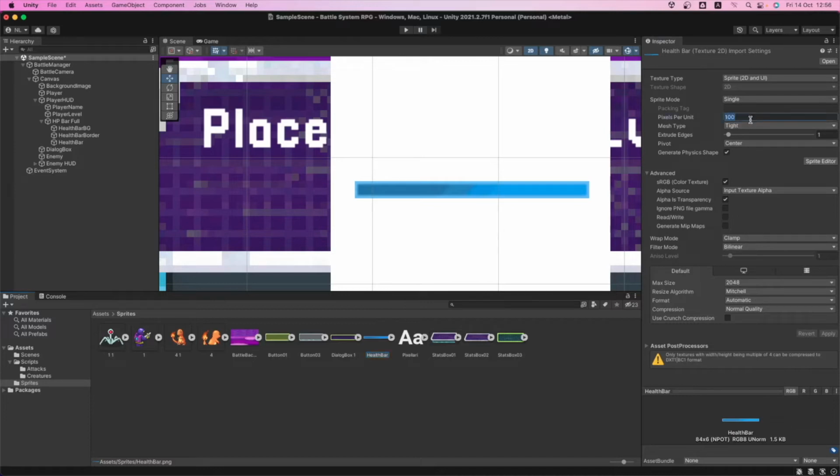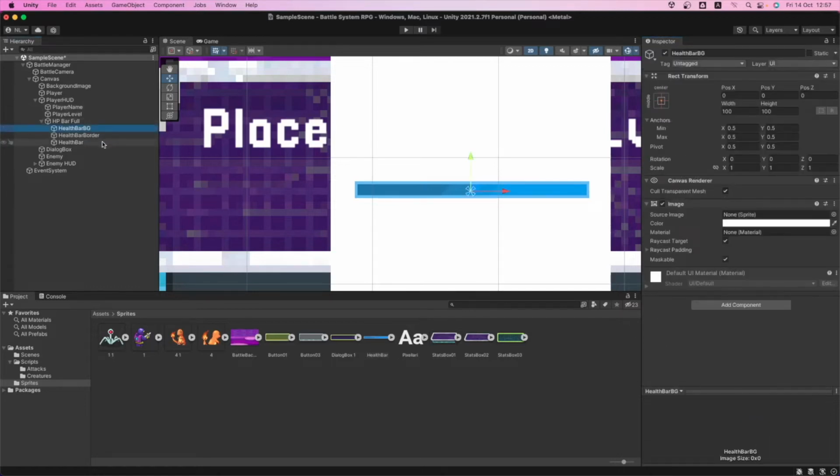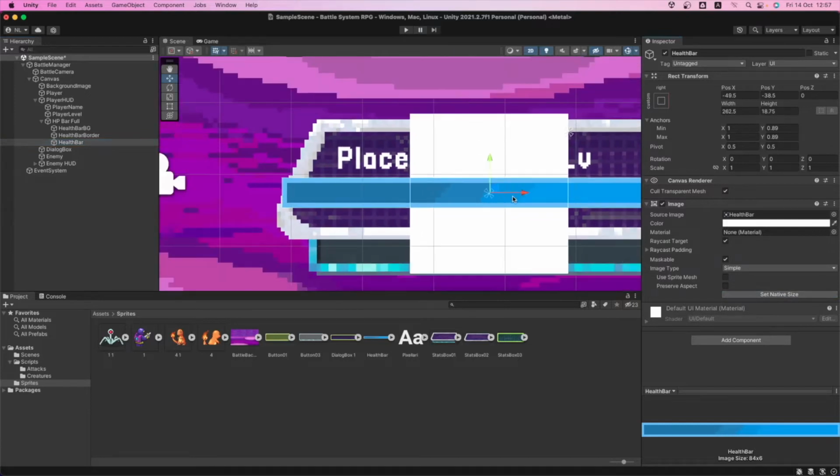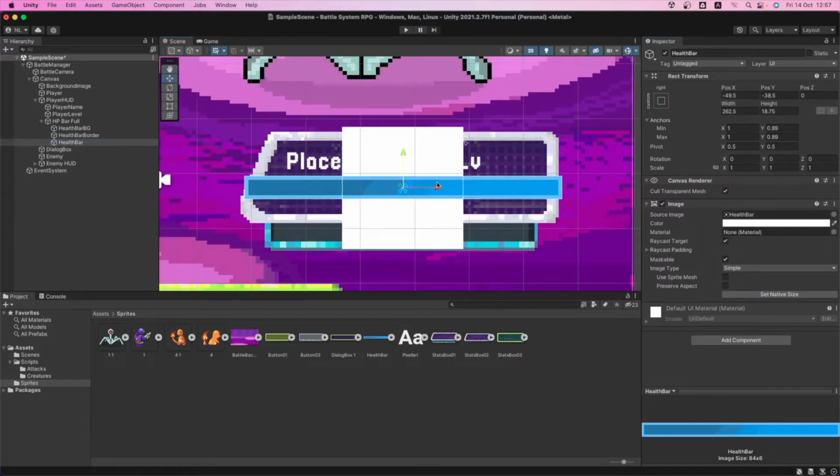So let's select here the pixels per unit, and let's set it to 32, filter mode point, compression none, and let's apply it. Okay, so now let's select another time the health bar, and let's set it another time to set native size, and when we click it, there it is. That's the size that we want.